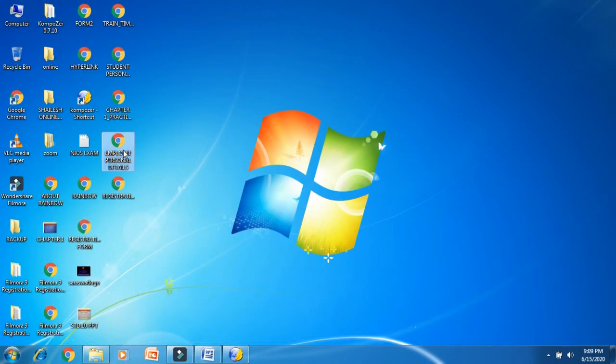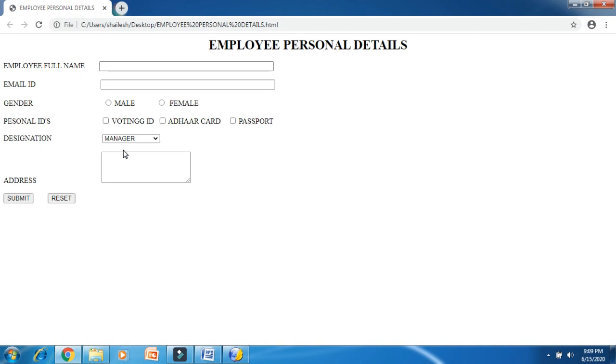Employee personal detail. First I will run this page. Inside that I have to fill in the information. So Shrey Mehta, email ID premehta@gmail.com, male, voting ID, Aadhaar card, address.